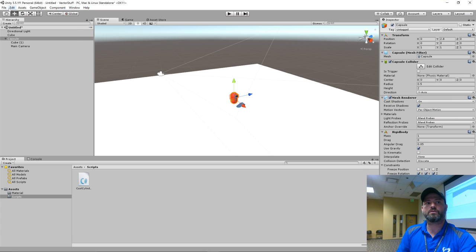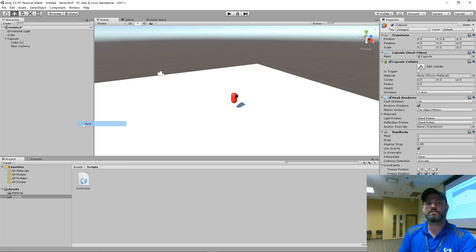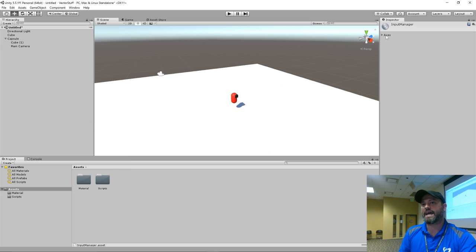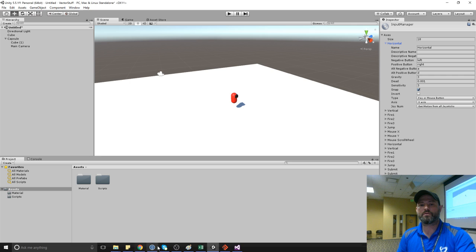If I go up to Project Settings and go to Input, and I look at Axes, do you see how these are the axes I can actually use? Unity already understands these, so it knows what they're assigned to. Horizontal is assigned to A and D, left and right. You can make these axes on your own if you want, but I want Horizontal.